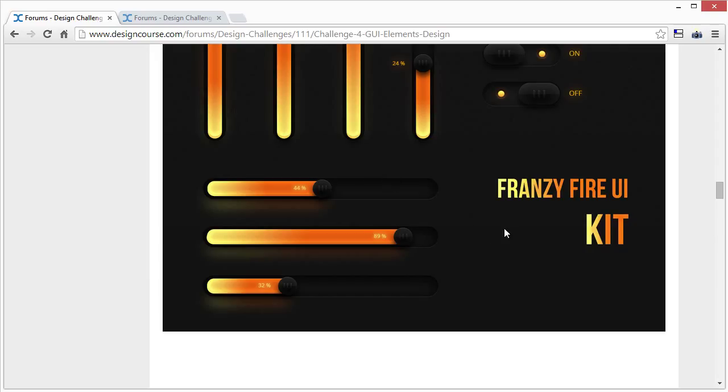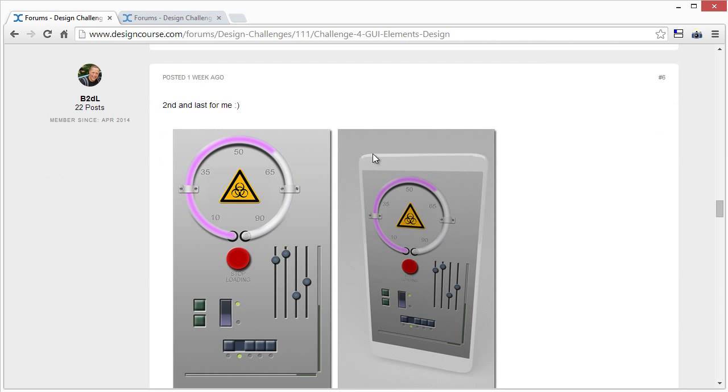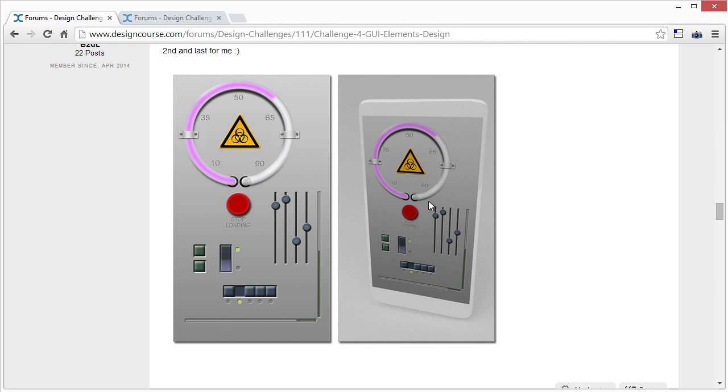Just a minor critique, maybe if you can, make it a couple shades lighter. It doesn't have to be this color or anything. It could be close to this color, but a little bit less, and I think this would stick out a lot more. I like it. Come down here, B2DL. I pretty much have the same